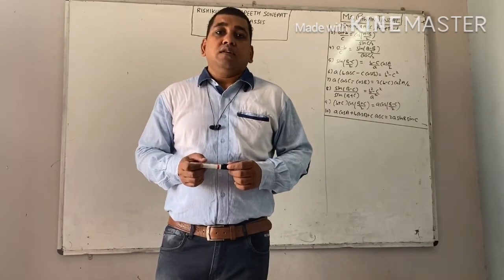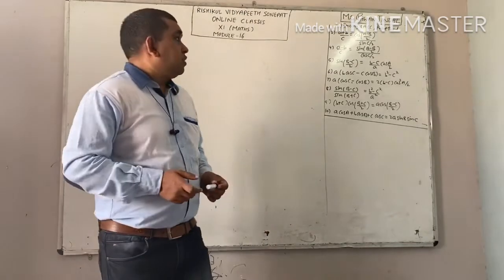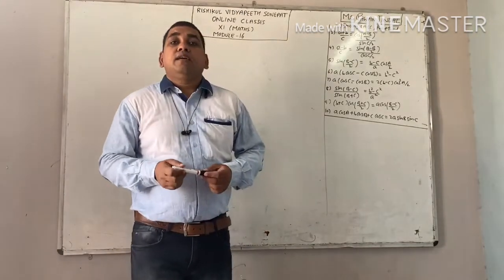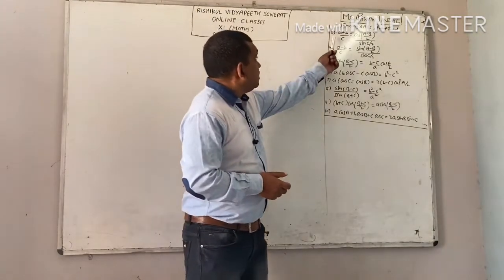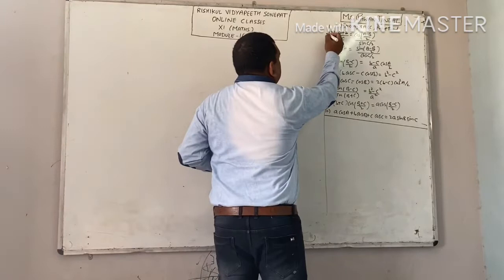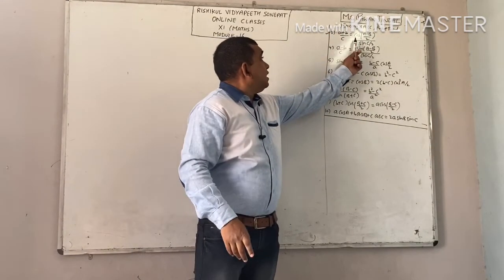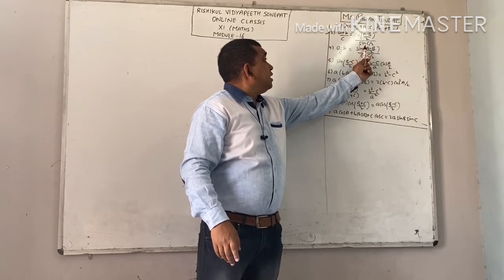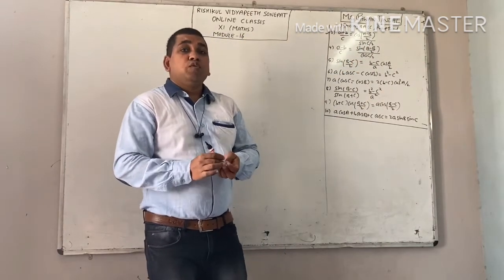Let's continue. Now, in this video, we will discuss some problems regarding sine formula and cosine formula. Now, first of all, see this question. Question number 3. We have to prove that (a plus b) by c equals cos((a minus b) by 2) divided by sine(c by 2).